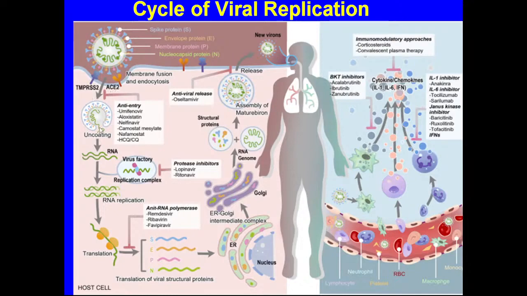Then we have the stage of uncoating. We believe that the stage of uncoating can also be blocked. So this is the release of the viral genome out of the endosome. So the proteins that mediate the uncoating, the viral proteins, may also serve as targets for antiviral therapy. Then